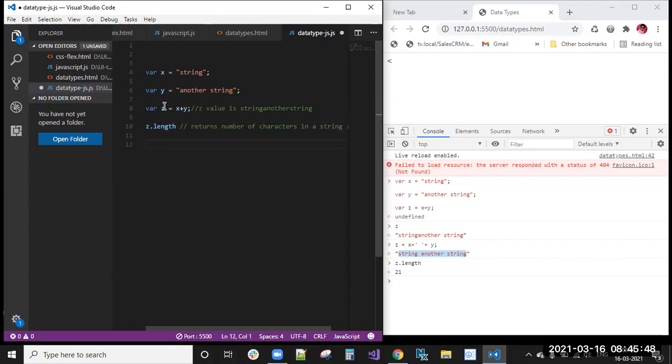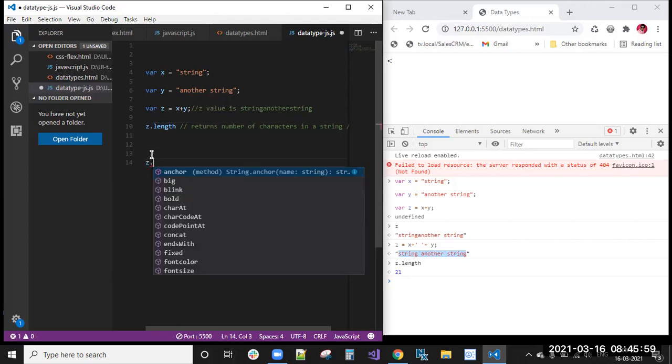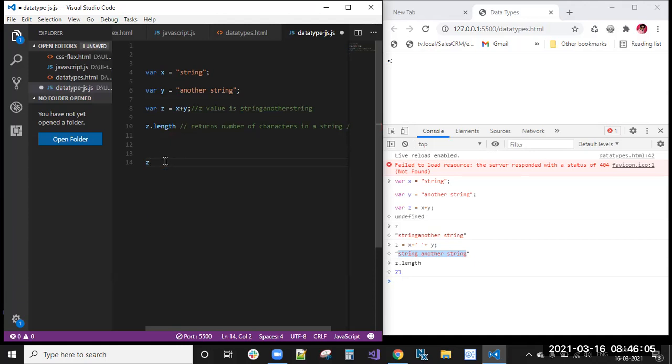So this is the first method. Concatenating is one more method available in the string, and length is one method. Next, I want to get the first letter, the index of the first letter. A is the first letter, right? I want to get the first letter position. First letter position means: in the first position, what letter is in the current string.